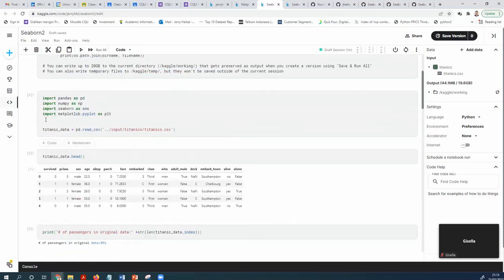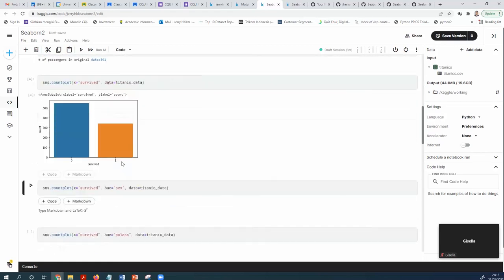Then we can also use a count plot of survived, but by sex. How many people from each sex survived and did not survive?